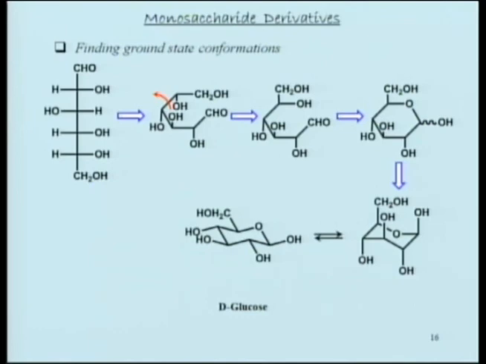So what do we do in order to convert the open chain form of D-glucose into the cyclic form, so that we know which group goes where? You should actually draw this, but for the time being you have to imagine. We take the entire linear open chain form, with the aldehyde here and CH2OH here, and we simply put it like that.